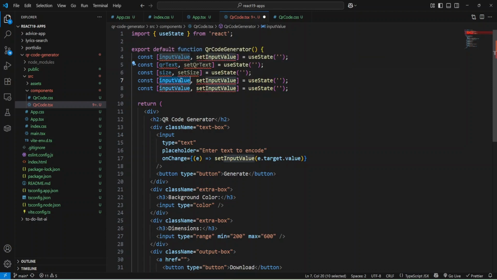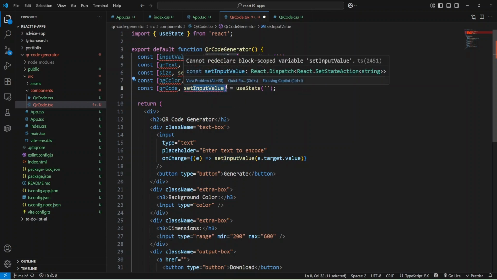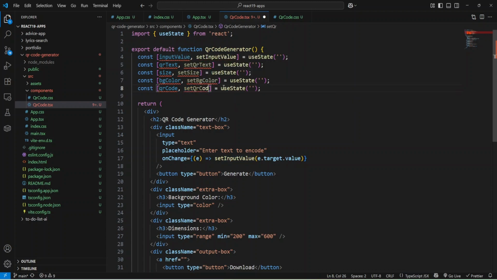Okay, and next I'll use backgroundColor, and the setter will be setBackgroundColor. Okay, and the last one will be for the QR code, and also we'll use setQRCode.